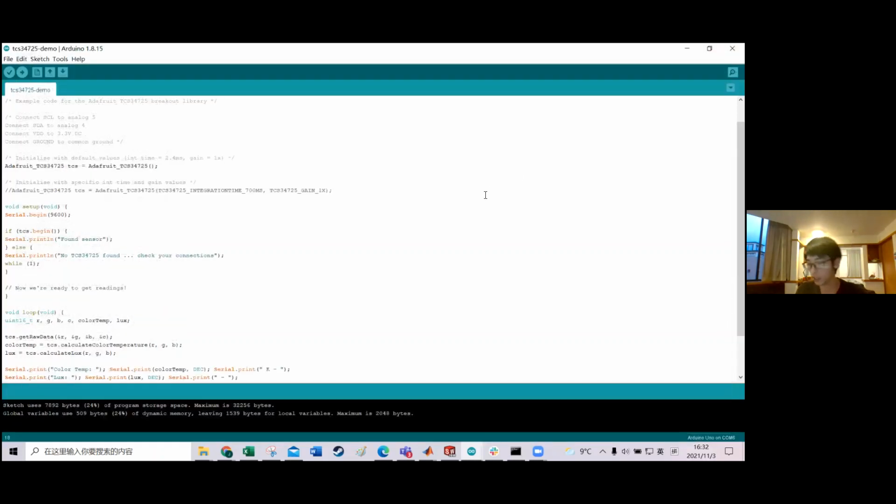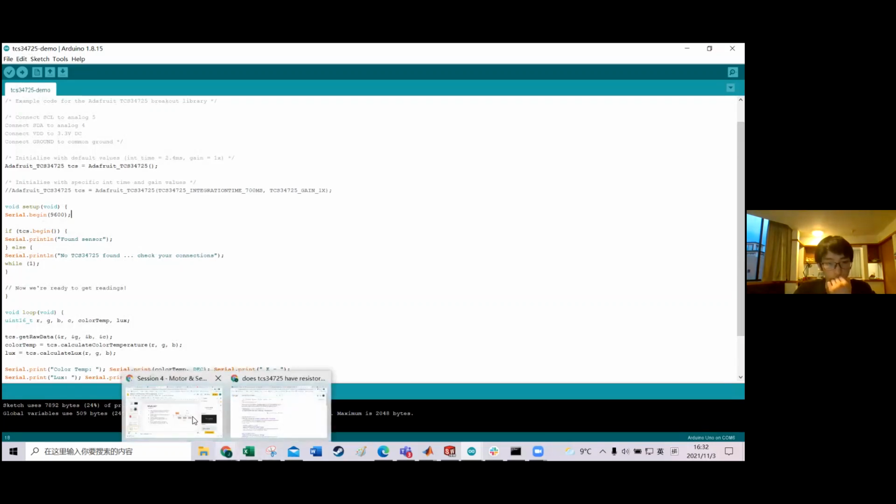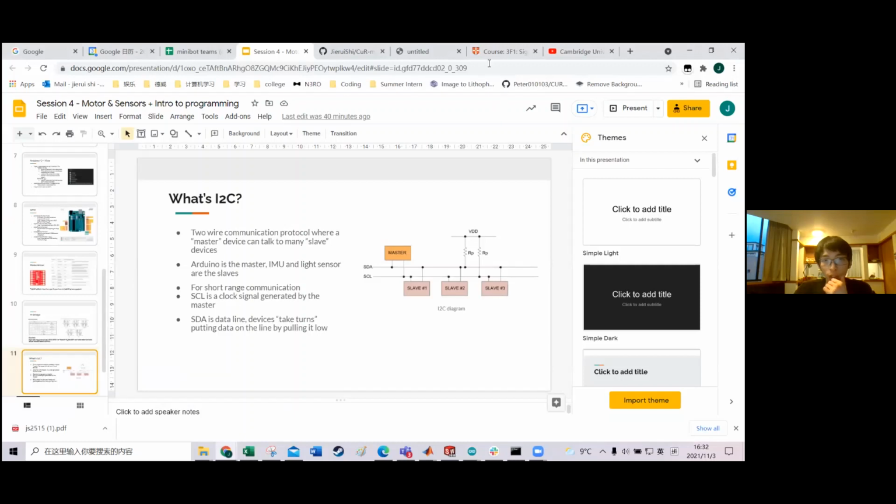But in case you got into any trouble with the motor driver, you can always speak with your supervisor. And let me just get the code as well. I mentioned this in Slack, but in case you don't know,